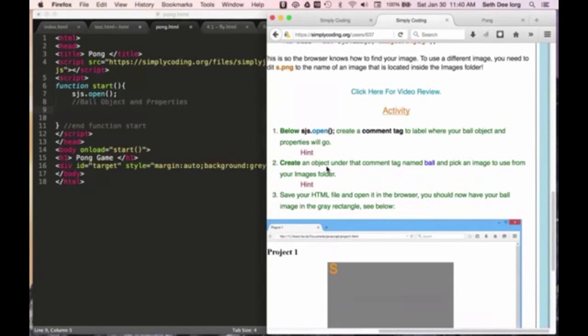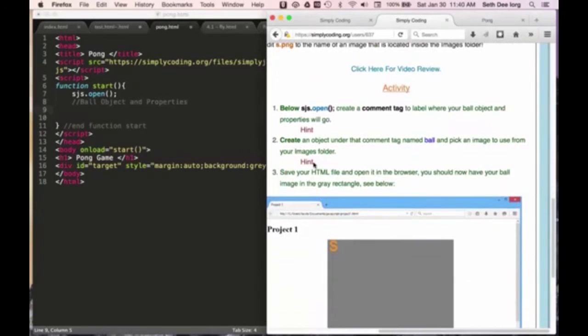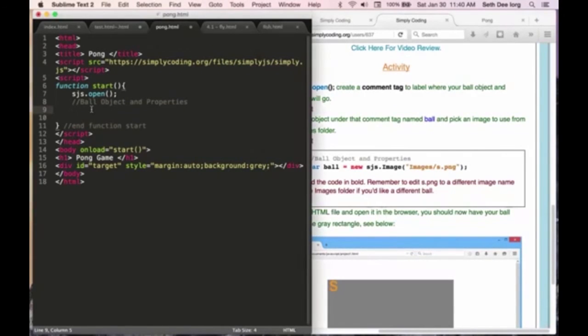I may have lost track of what lesson this is. I'm on 1.6, and then I'm on activity step 2. We're going to create an object under the comment tag named ball and pick an image to use from your images folder. Remember, to create an object, you always start with var, and then you give it a name, and then you do equals,